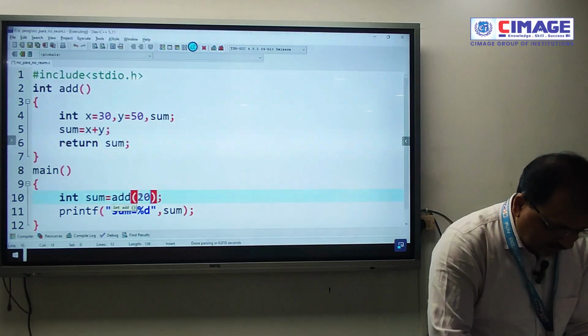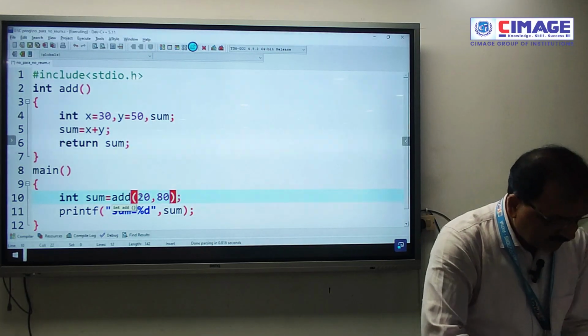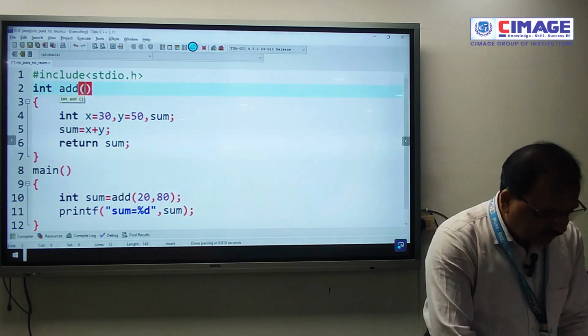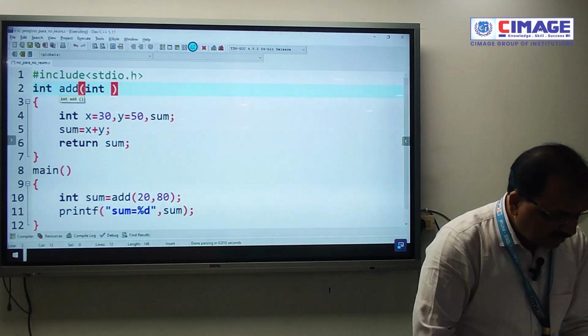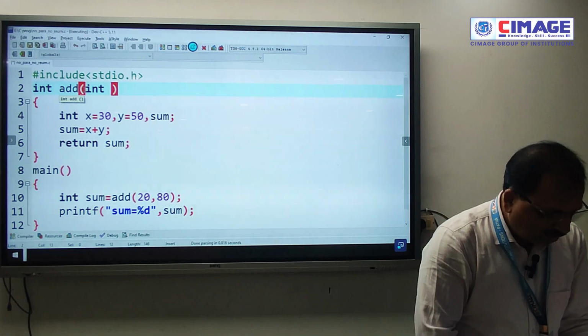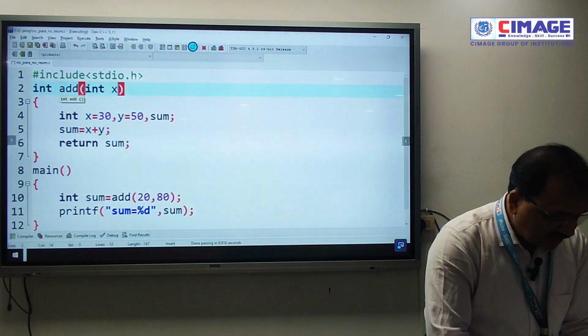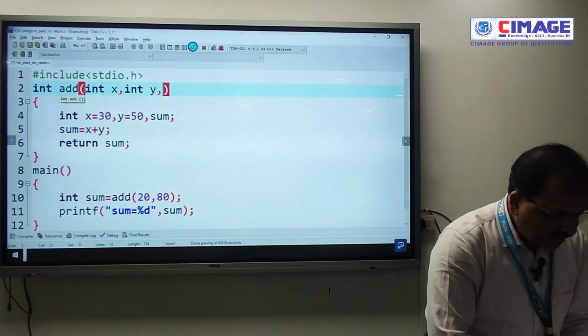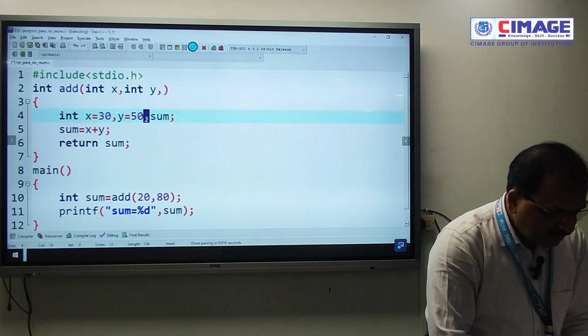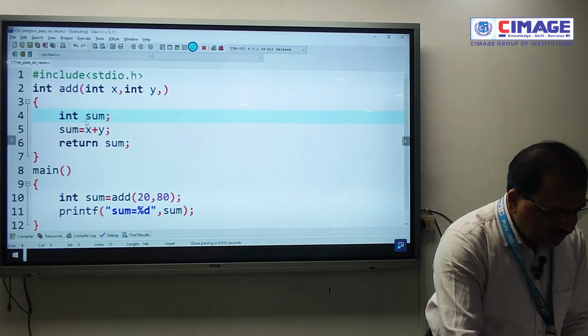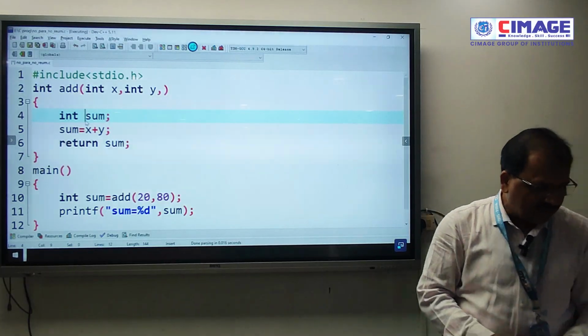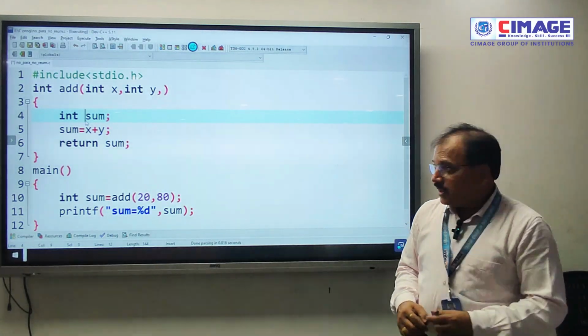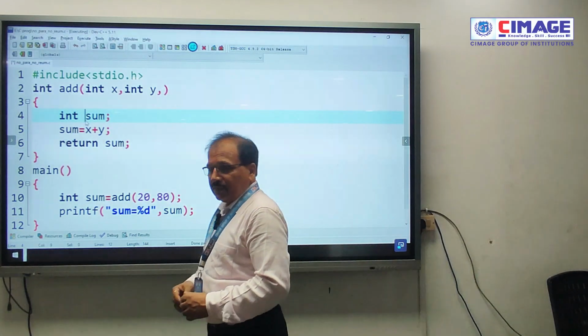So here I am going to pass 20 comma, let's say 80, and this is getting received by this particular function body, where I am going to receive it as x, and here I am going to receive it as y, right? And there is no need of these two variables now, since we are getting the values x and y from the parameter itself.